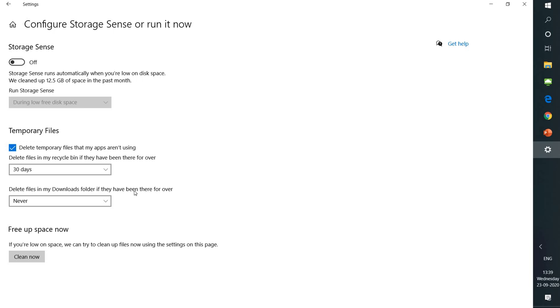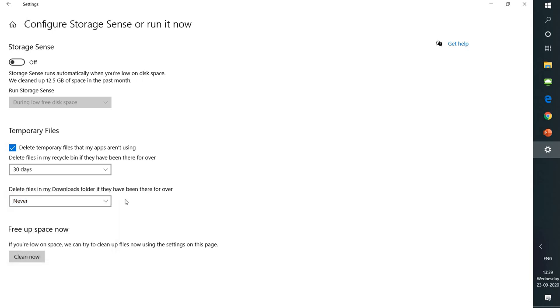Say if we have some installables downloaded from the internet, say for example some kind of games, GTA. So I have it in my downloads folder. I will just install the game and then I will start playing it, but I don't need the installable anymore, right? So you don't need to jump into the downloads folder every time and clear out those files. You can just configure here, like after 14 days, please clear out whatever files are present in my downloads folder,